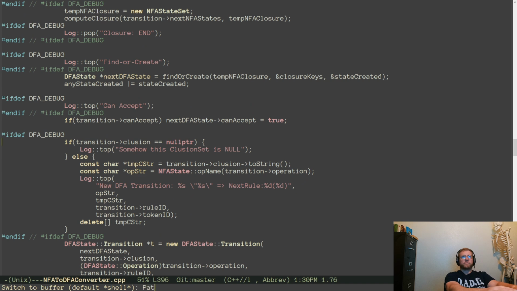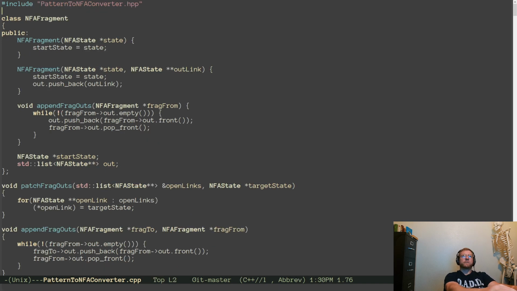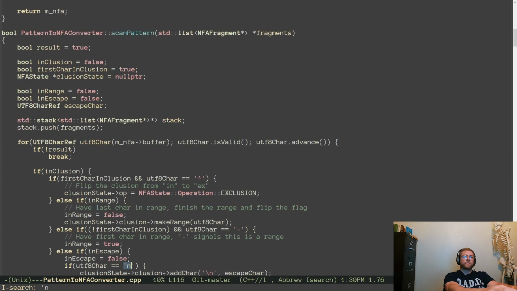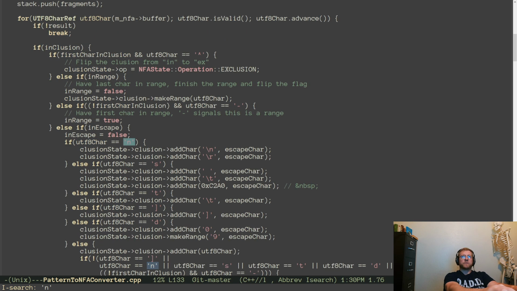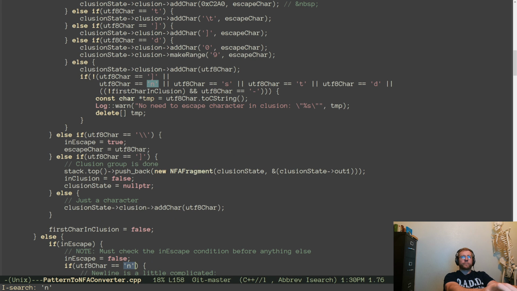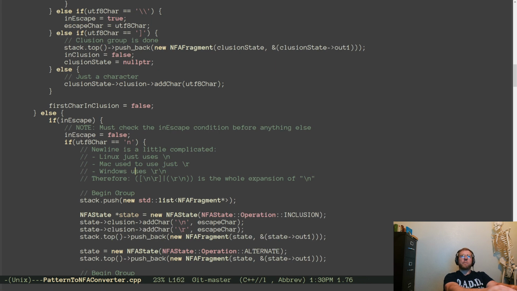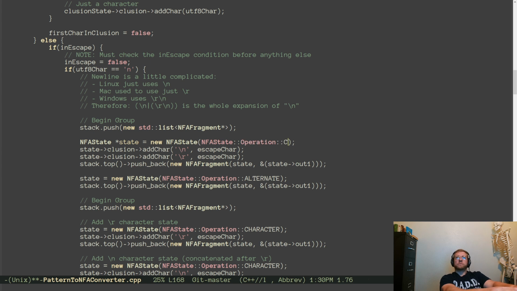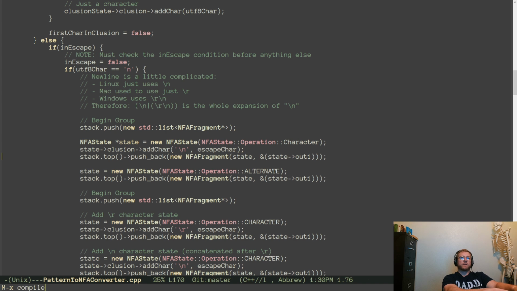All right, if we go to pattern to NFA converter, we search for N. We don't want to be in an inclusion when we check for that one. Here. So we need either N or \r. I think that's all the fixing we need to do there.